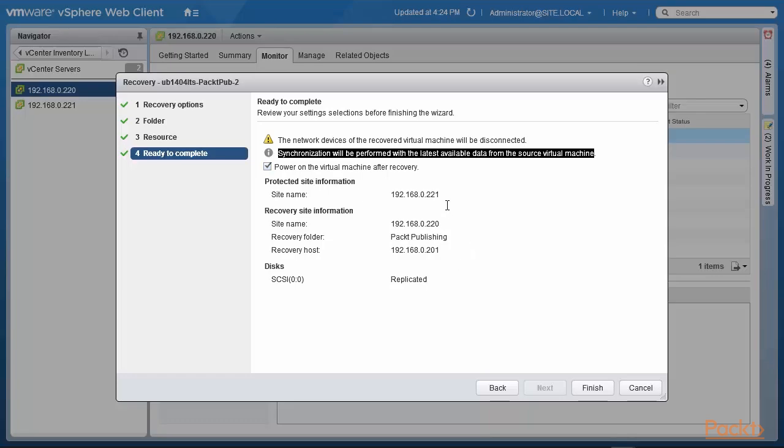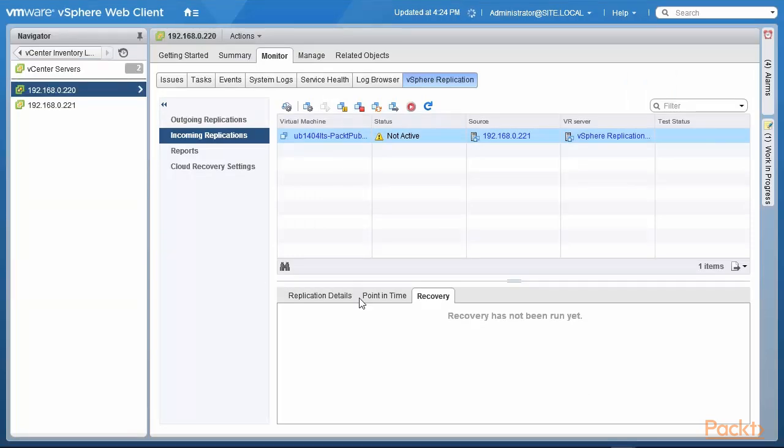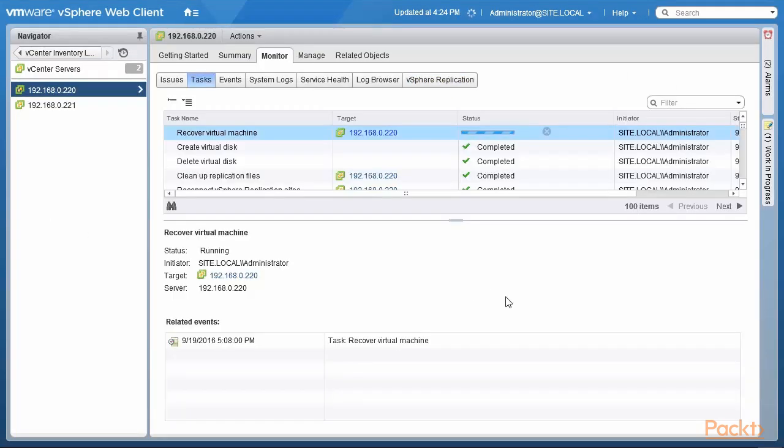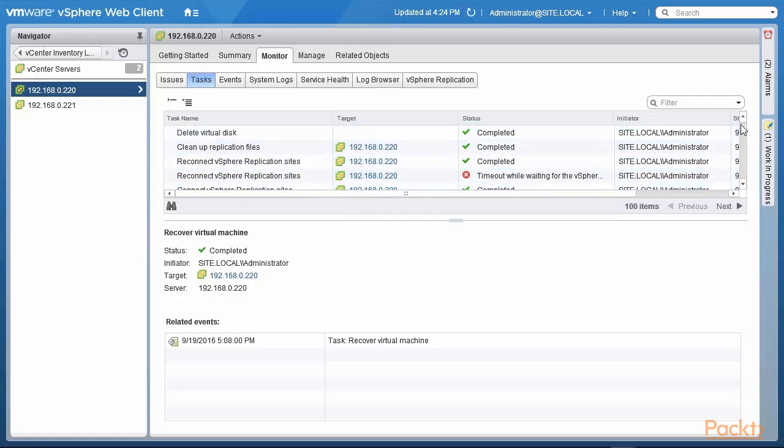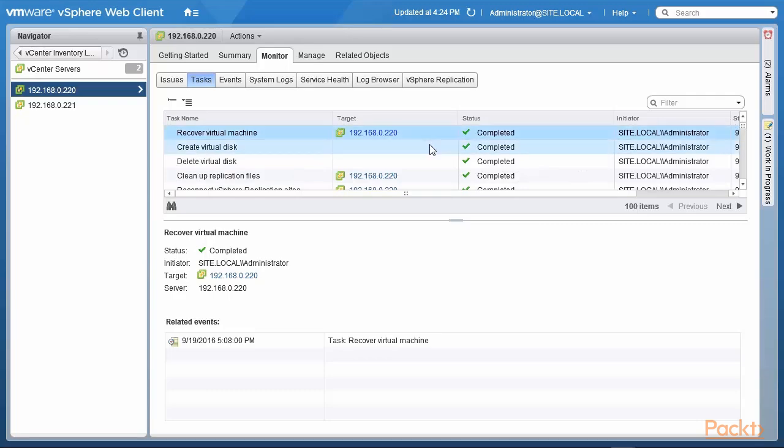So sounds good. The protected site is 221, which is a branch. That's correct. The recovery site is 220, which is headquarters. That's correct. Recovery folder will be packed publishing, and the recovery host is 201, and I click finish and the process begins. If I monitor the tasks on that vCenter server at headquarters, you can see that the recovery process was moving on and then it was completed. So it cleaned up the replication files, deleted the virtual disks and it did its thing